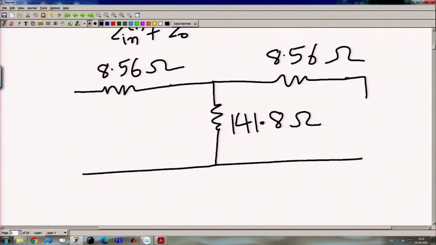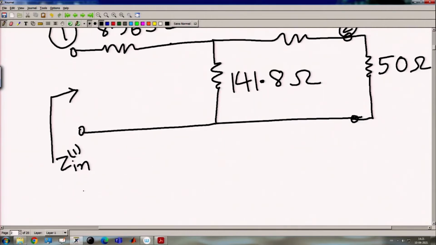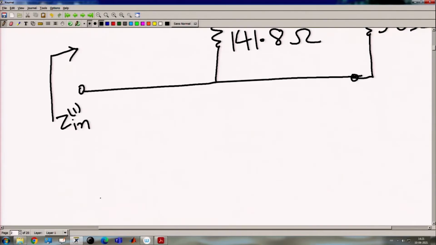Because we are finding out the S11, and this is terminated with a matched load impedance of 50 ohm, here it is port 2, and we are seeing the input from port 1. This is port 1 and here it is port 2. We are seeing the input Z in 1 from port 1. So, Z in we can calculate from this circuit. So, Z in will be 8.56 plus the parallel combination of 50 plus 8.56 with 141.8, and we can write it like this. So, Z in can be written as